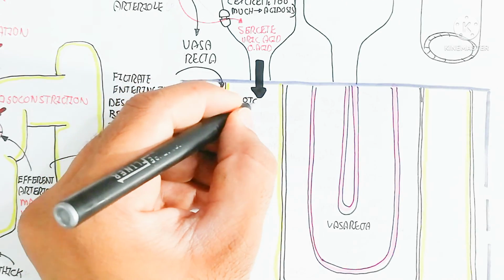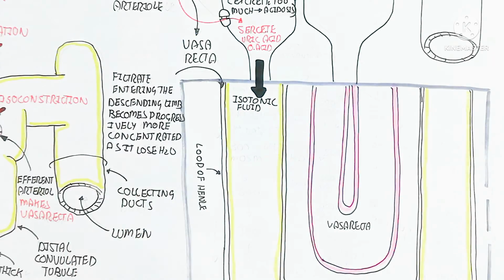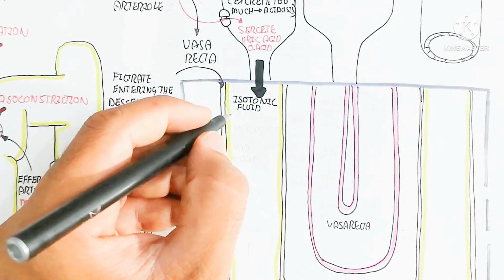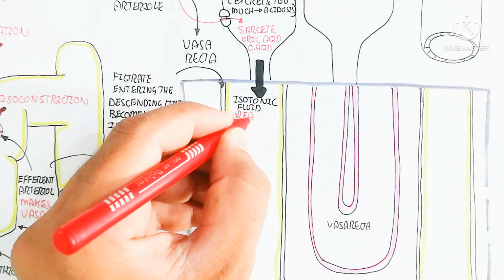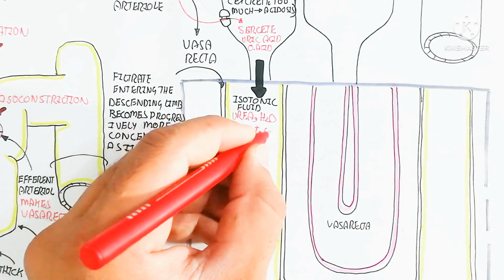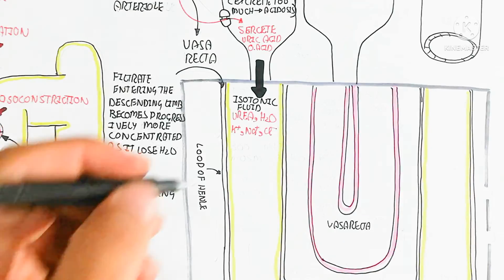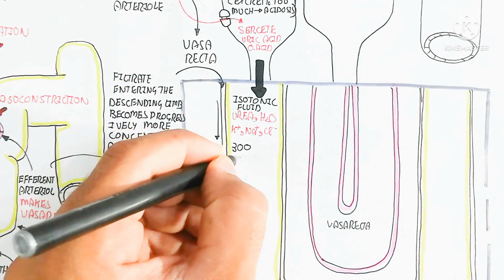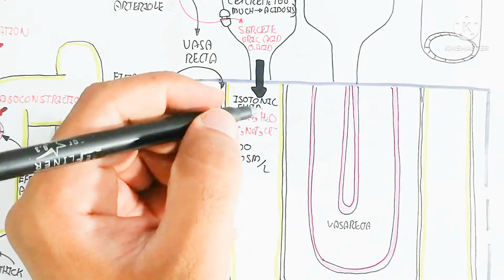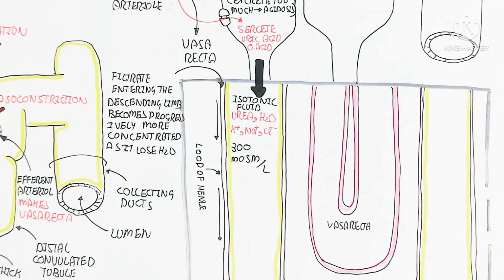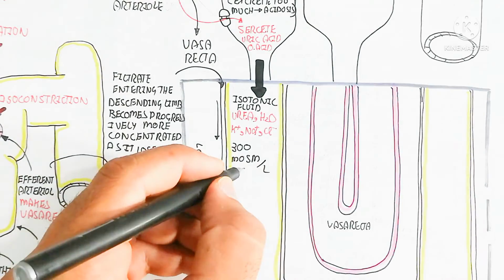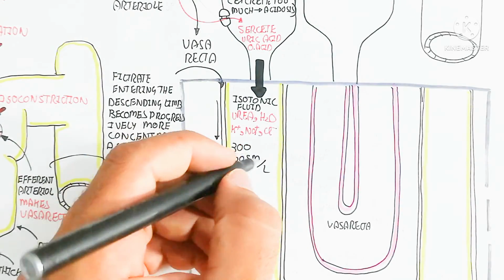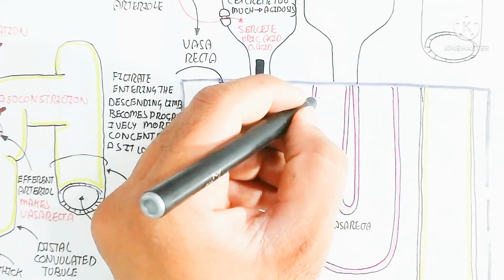So this is the loop of Henle. This is the descending loop of Henle, which is the thin part. The isotonic fluid will not move toward the vasa recta, toward the efferent arteriole, but this contains urea, water, potassium, sodium chloride, and it contains 300 milliosmol per liter,